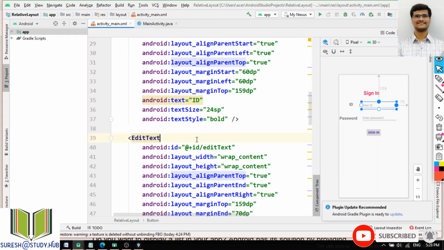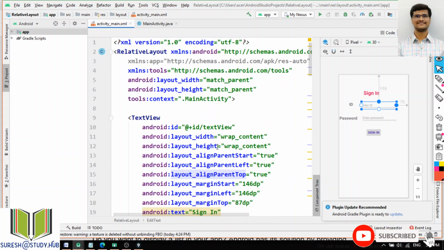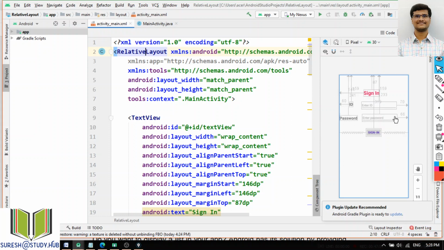Okay, so whether I want to place the component on the top or bottom, everything can be decided by using this relative layout. So most commonly we will use this relative layout because I can arrange the components in my own fashion. First I will place sign in, then id. If I am using linear layout for the same example, then first sign in will come, and the next one id will come next. So if I use this linear layout, first sign in, next id will come.